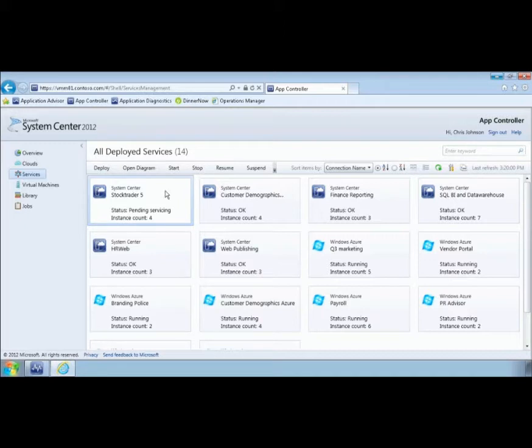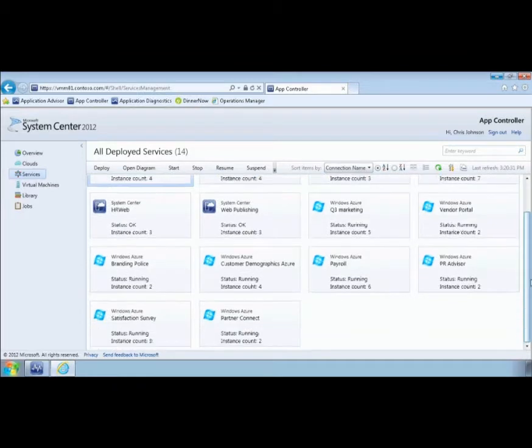When we scale on premises, we are scaling out at an instance level. So what that was doing was scaling out the application at the instance level, and I would have put a new virtual machine out into Virtual Machine Manager. If we take a look at a Windows Azure application that we have here,